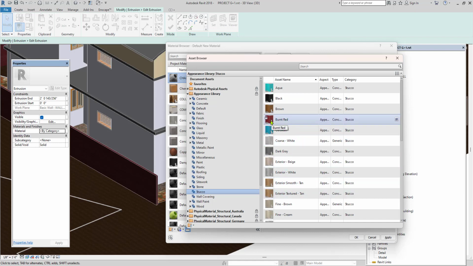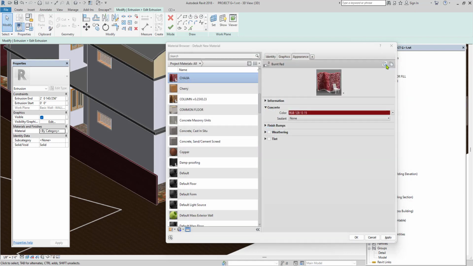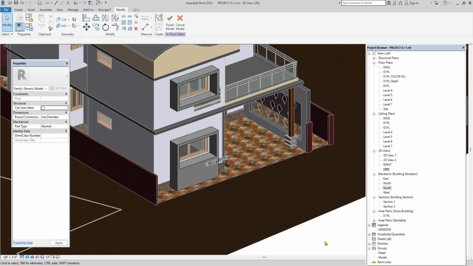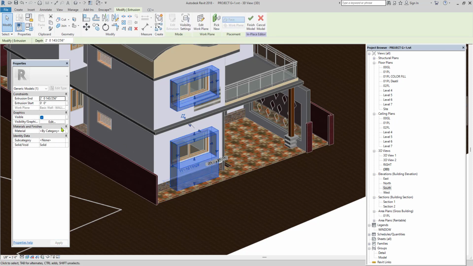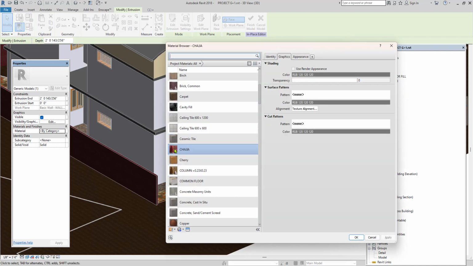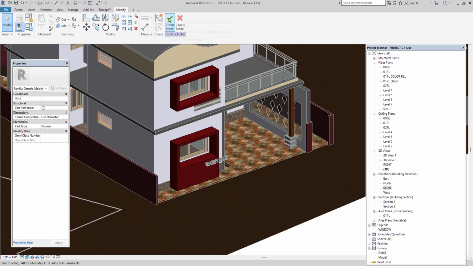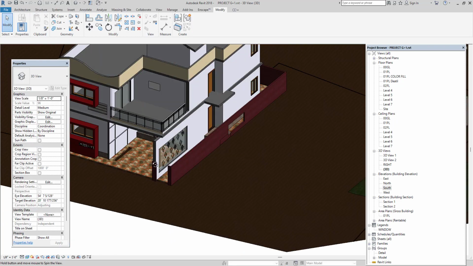Can apply any other material, which one you want. Apply, OK. Once you're done, make sure you have the same material, or else again repeat the same process. OK. Like this way you can do your design.